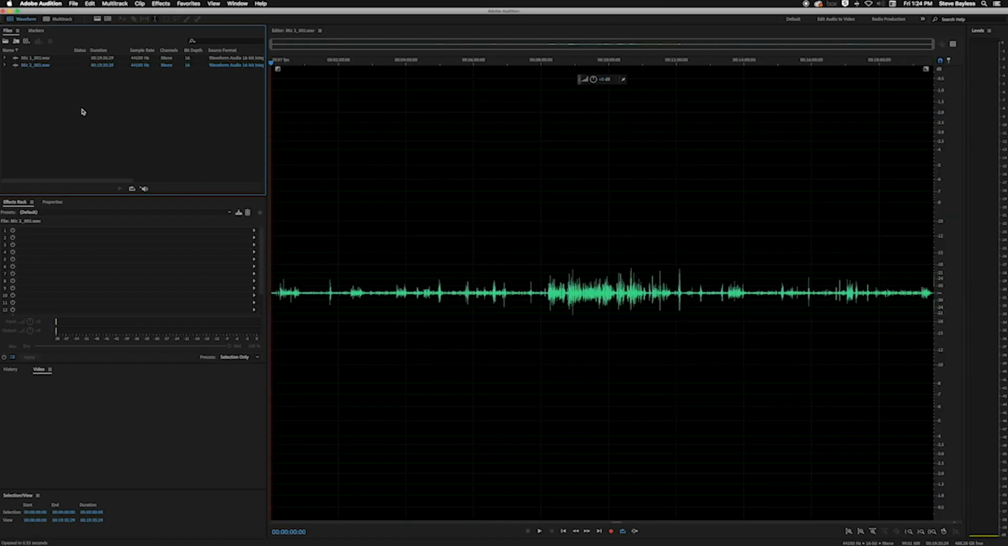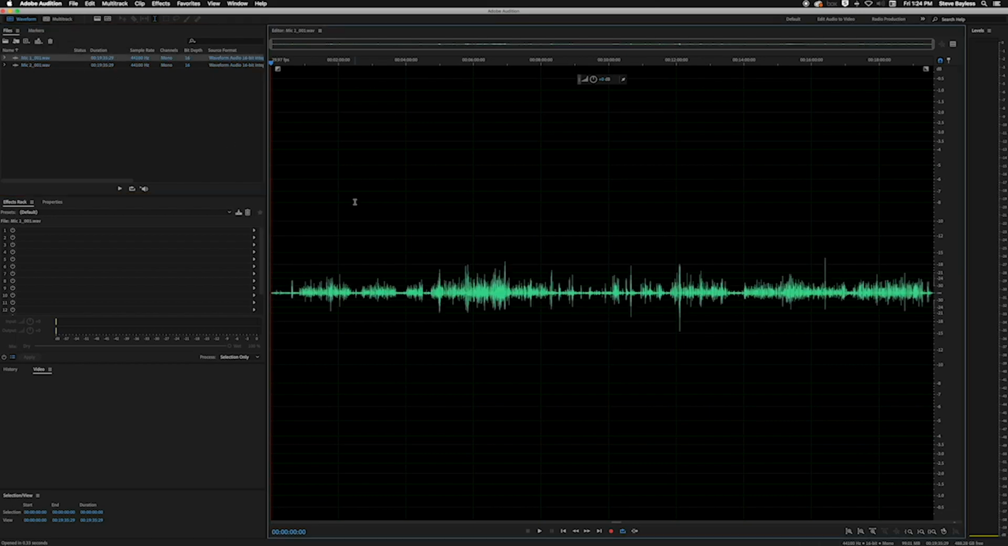Bring those guys in. So when you're looking at each individual audio file, you're looking at it in the waveform viewer right here. So if I double click on microphone 1 and play it through,